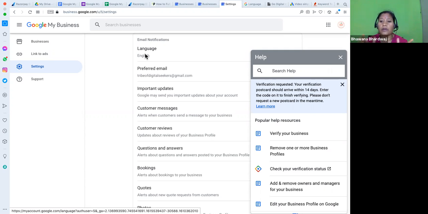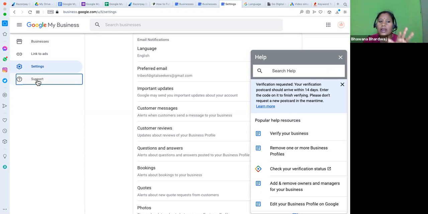Okay, this is one of the problems you might face. Anil is asking, the old digital marketer is not releasing it. Yes, then you have to contact support. Click on go and contact support, because this is your property. This may happen, if someone has owned that business and they are not releasing it to you, you don't have any option.